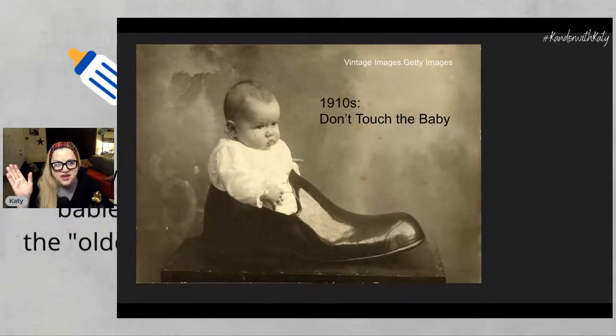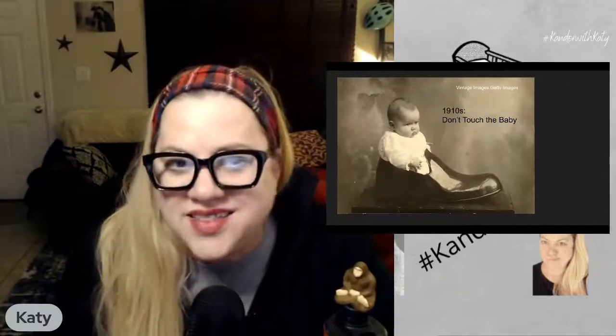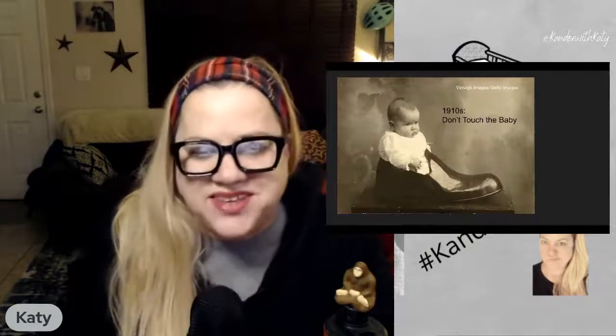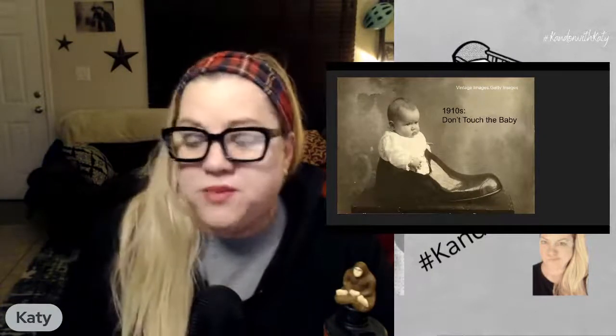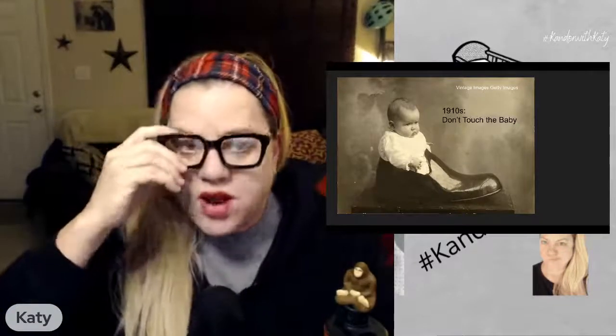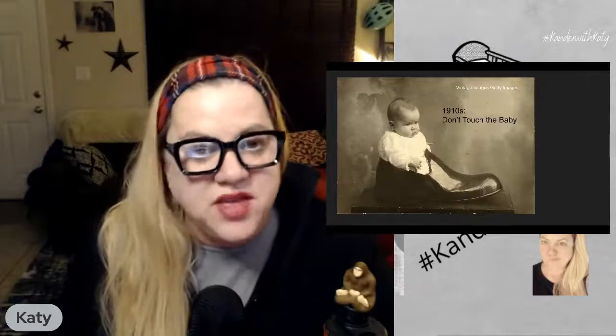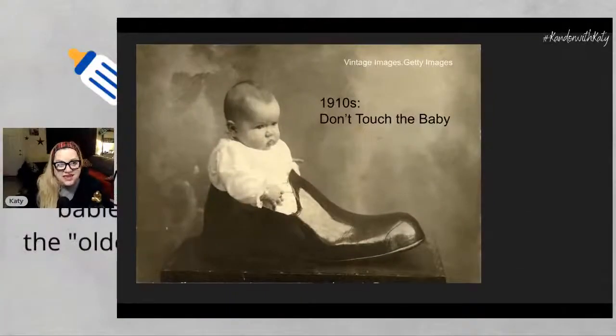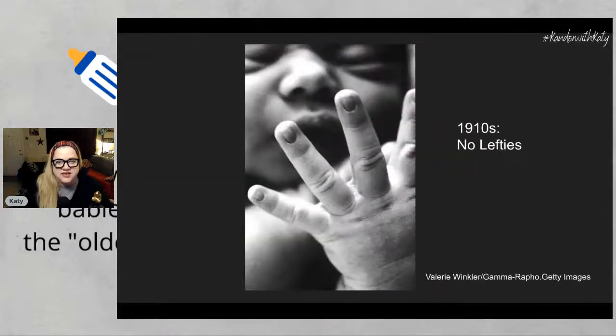Okay, seriously, where are they getting this oversized shoe? Like, do you just have something sitting around that can fit a baby? I mean, I know a baby can be up to 10 pounds, maybe a little more. I mean, that would be insane. But where are you getting a shoe that you can stick a baby in? And it's weird because it says they believed that handling your baby as little as possible was a good thing. Isn't that weird?